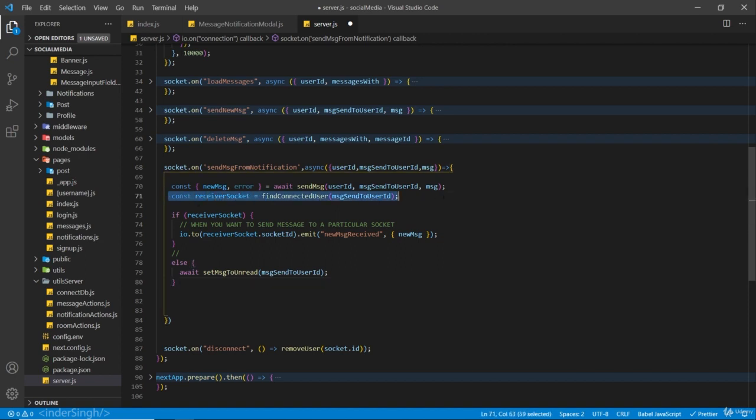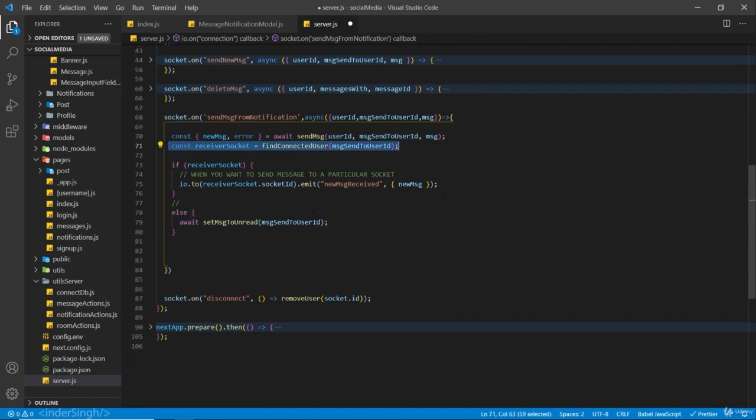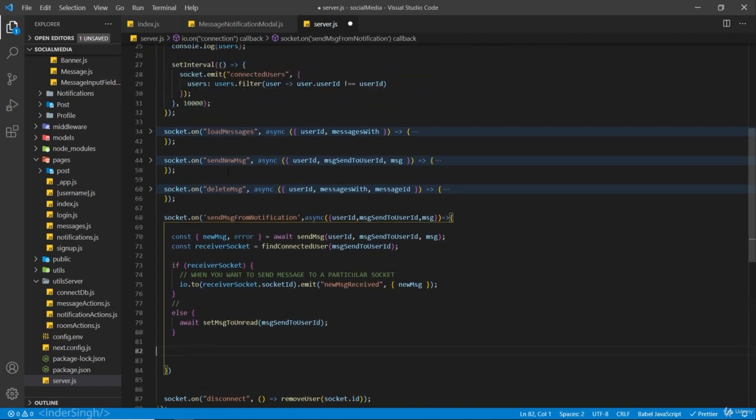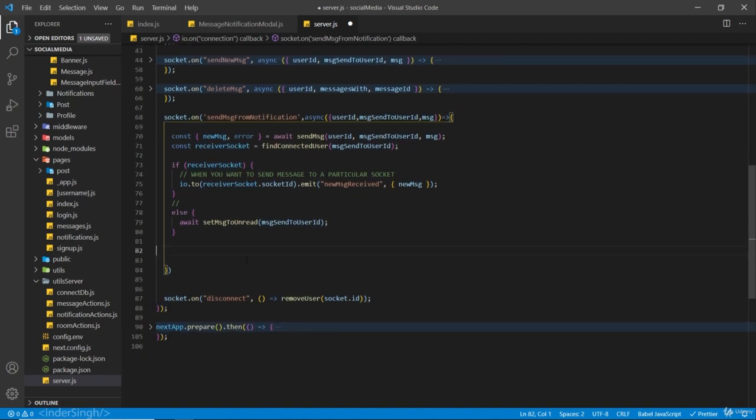And again, we're going to look for if there is a receiver socket. And then we are checking if receiverSocket, we are again going to send him the message. Otherwise, we are calling this setMessageToUnread. The only change we are going to make inside this event, that's why I created this new event here, I could have used the existing event again, but inside this, we are going to check if no error,